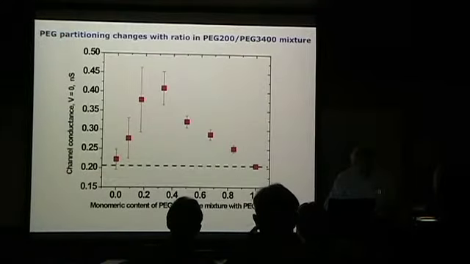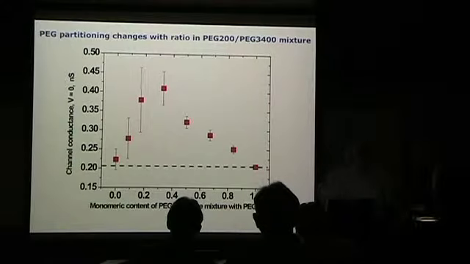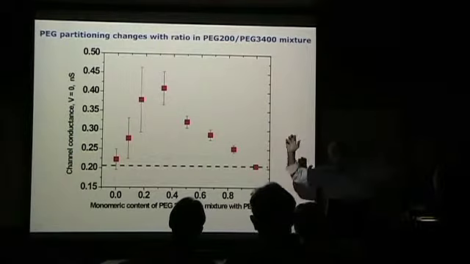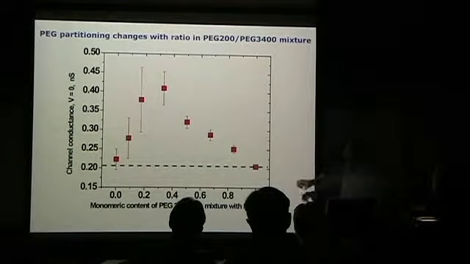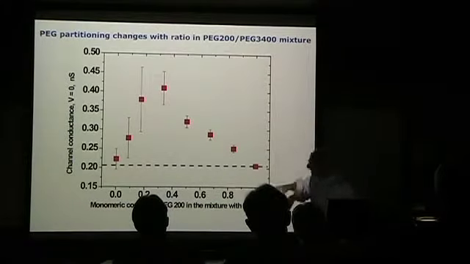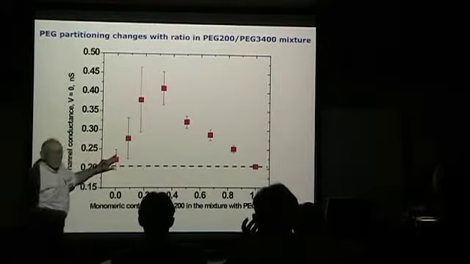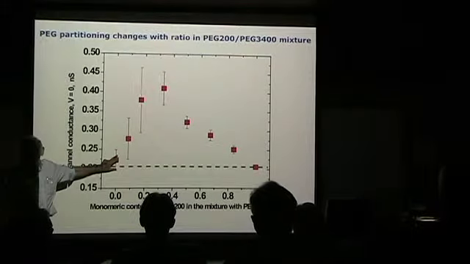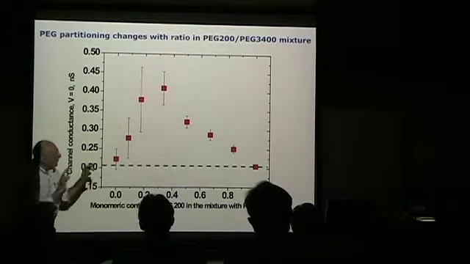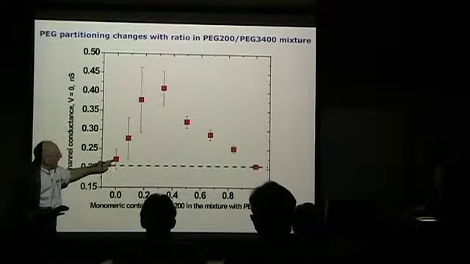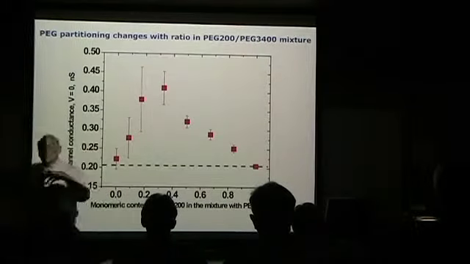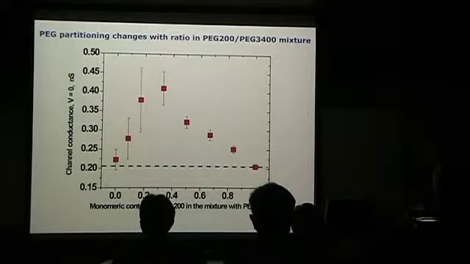One kind of cute thing, this is really neat. Look at the conductance. Let's say I have all smalls or all bigs. All bigs go in because at very high concentration they don't know one from another. They're just these little clusters that are feeling a force. But as you go to the small end, only small ones, you get the same conductance because they're exchanging freely. But in between, something funny happens.